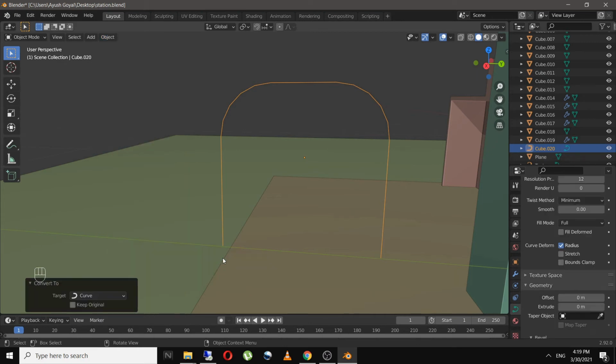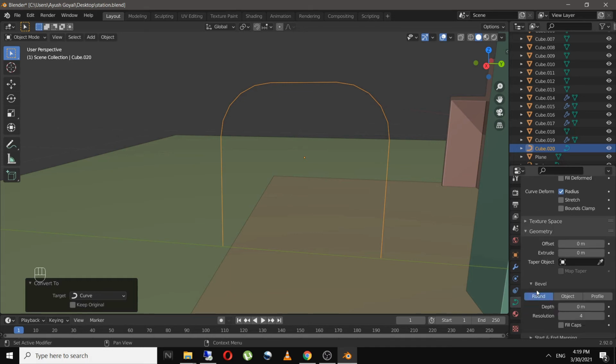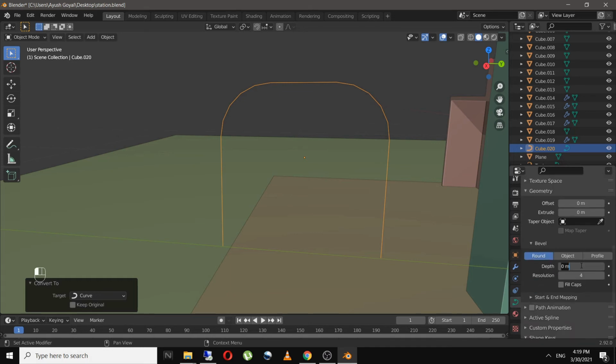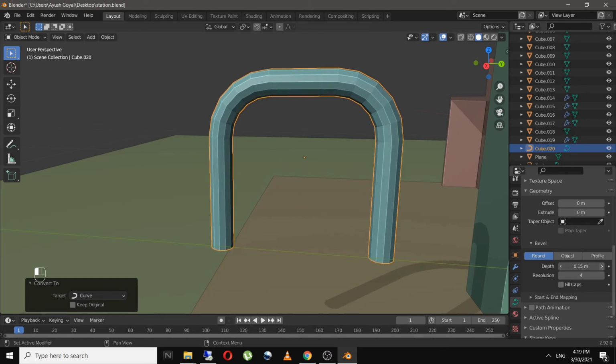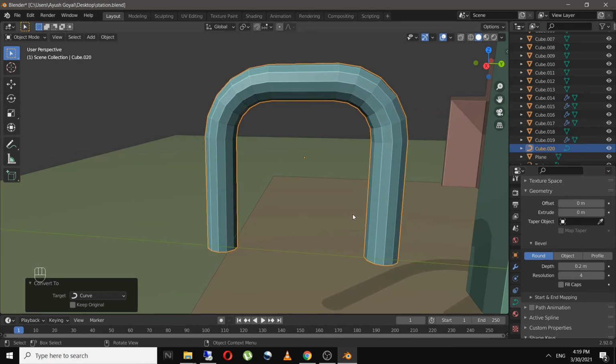So this will be changed to the curve, and in curve settings under geometry increase the bevel to 0.2 maybe. So this looks good.